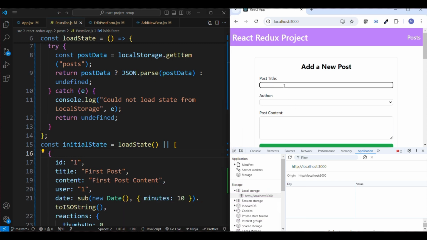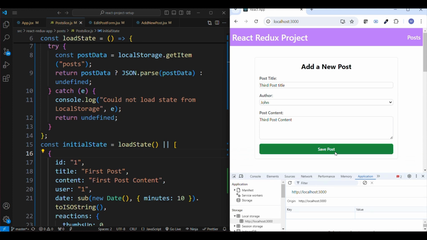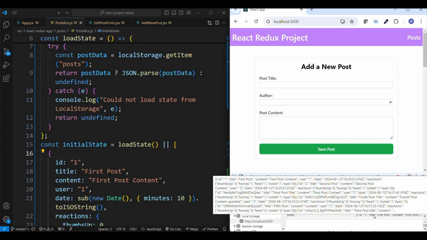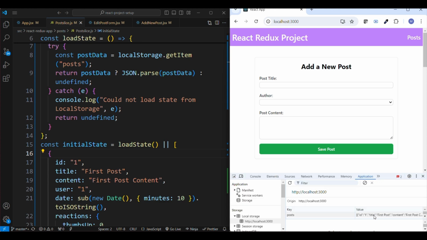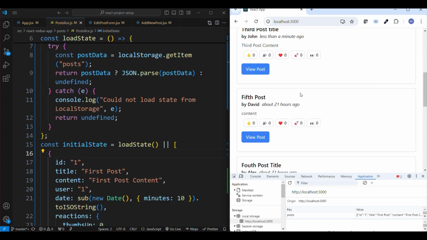Let me go here and then add third post title, select any author, third post content. Let me save. Click on save. See here, there is an entry in the local storage and the key is post and the data is here. If you see the data, we have all the data. There is 3 post data. If you see here, we have 3 entries for post. One is,